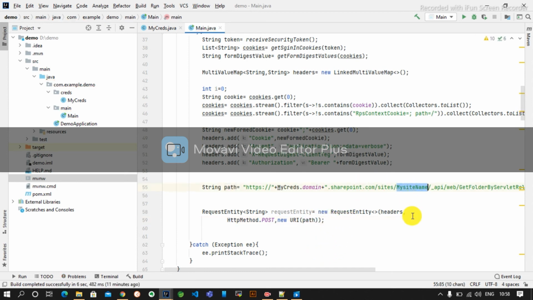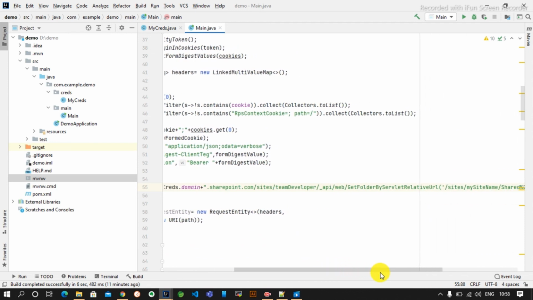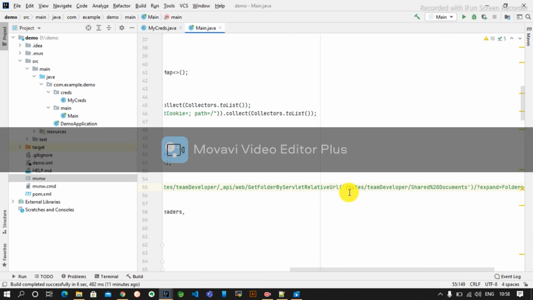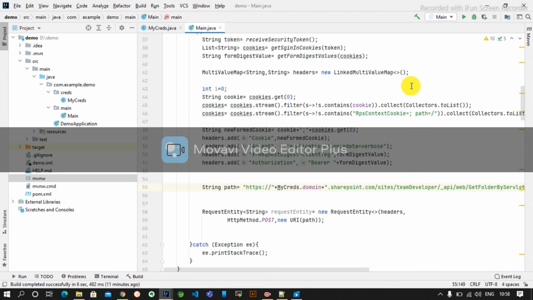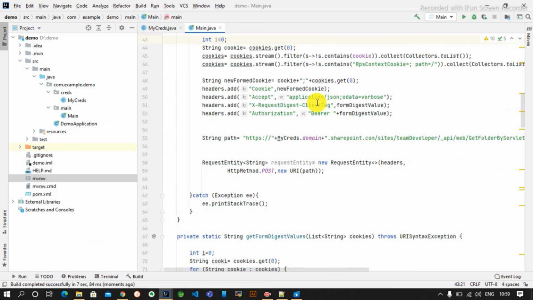Path, so it will be like team developer. So let's run the program. Sorry, we have not printed anything, that's why it ended up like this.